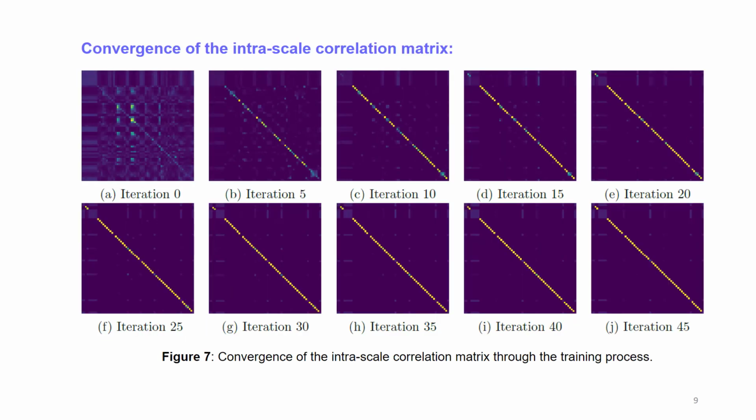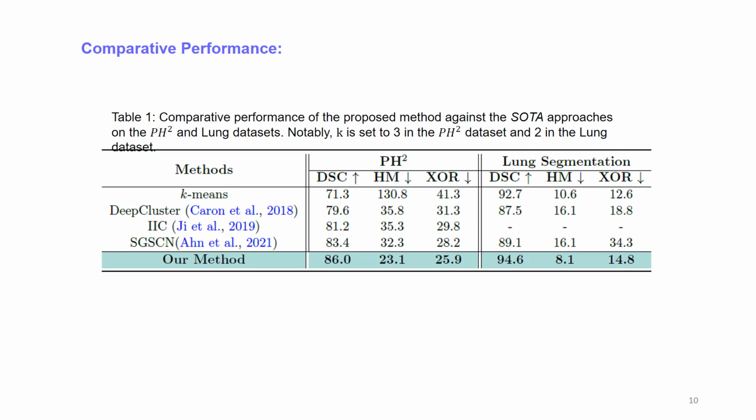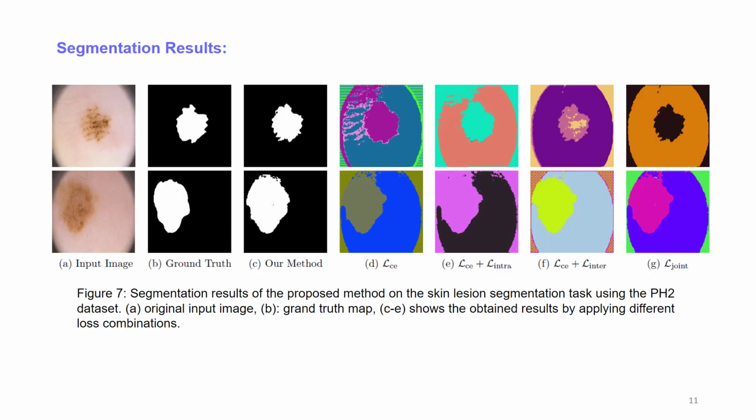To visually investigate this process inside the deep model, we visualize the correlation matrix during the training process. It is observable that the model learns to maximize the correlation in a unitary matrix form, which indicates the convergence of our special consistency. Comparative results of the proposed method against the state-of-the-art approaches on two different datasets are presented. Moreover, the visualization results of the proposed methods with different combinations of the loss functions